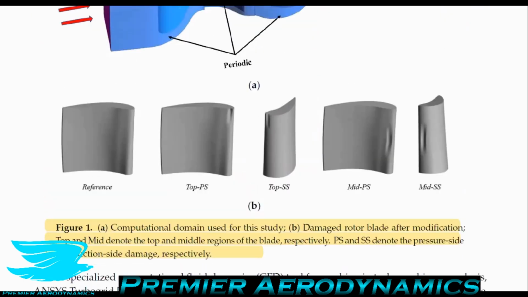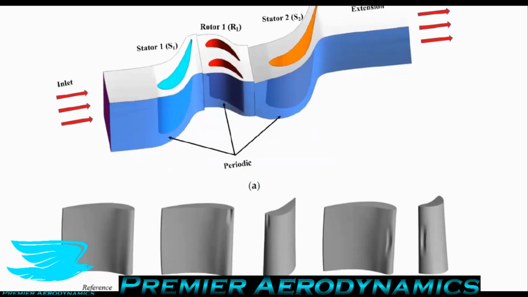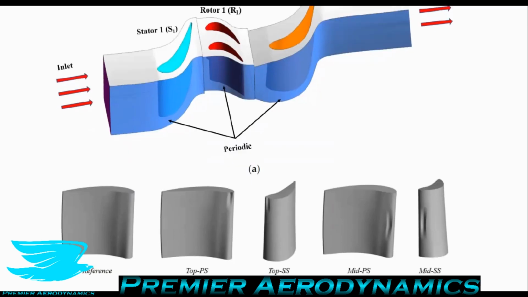So moving on to the blades that they looked at. They have a typical reference blade, and the reference blade is pretty much like a NACA 4412 airfoil, where it's about 12% thickness from what I can tell, and it has camber about the same amount as a 4412. And this is a quintessential airfoil that we look at for